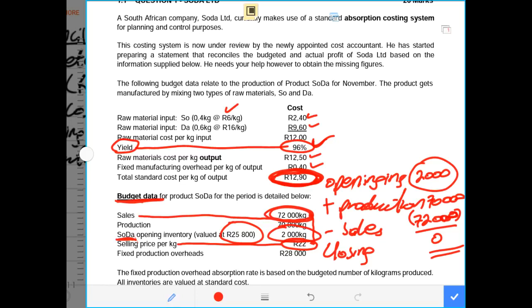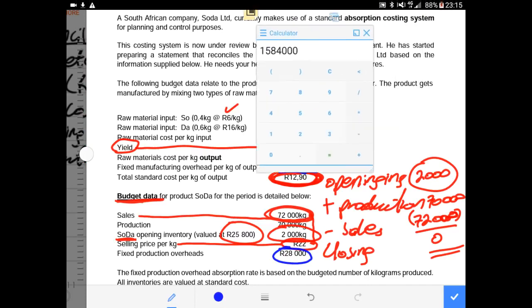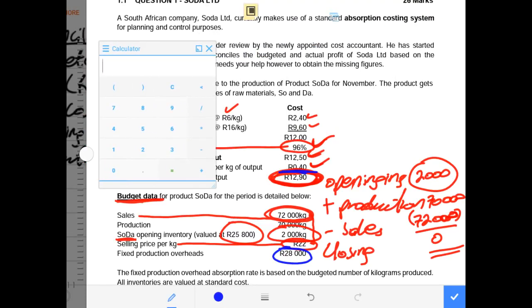And again, if we wanted, we could have not included the fixed overheads of 40 cents, where we could have just taken the 12 rand 50 cents. Then after, we have a separate line item saying fixed cost, and our fixed cost would have been recorded as budgeted at 28,000 rands, which is the 28,000 rands. So we already have the 40 cents of the fixed cost, and I want to also give you clarity on that. We have our 28,000 rands as our fixed cost, which we were told was based on the